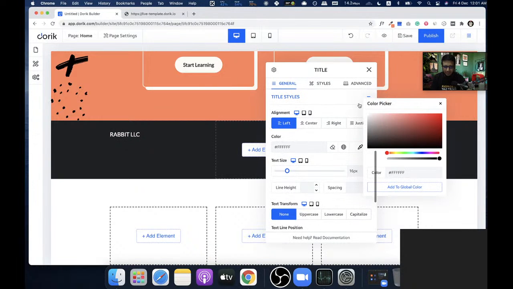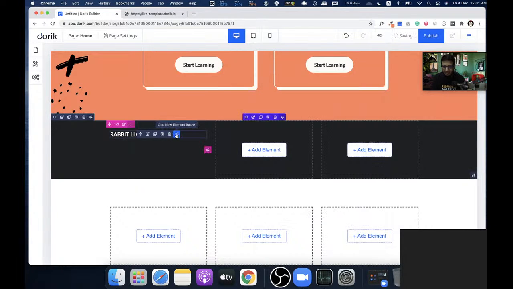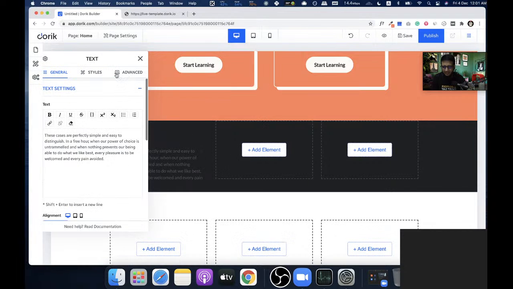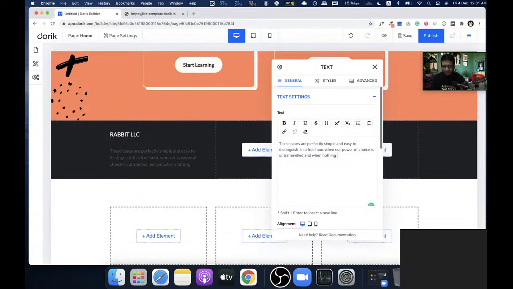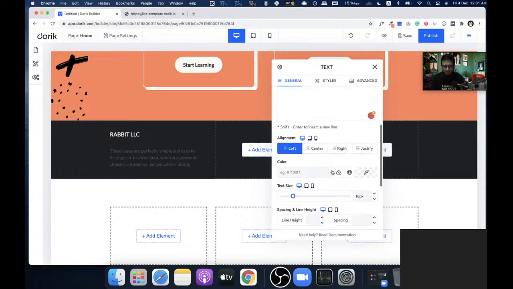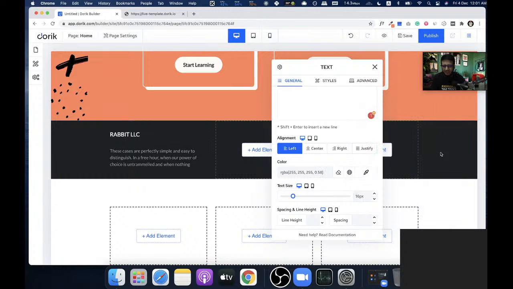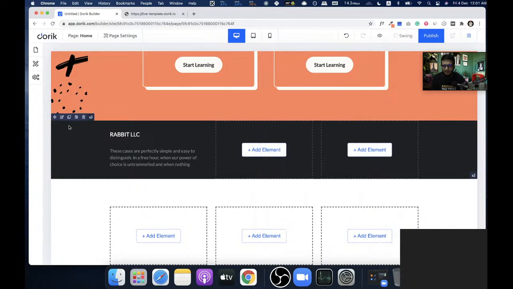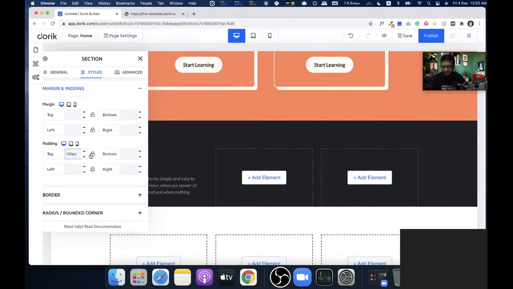Textile color, it will be white, and there it is. I'm gonna add one more text. I'll just keep the text as it is. Okay, white. I'll just reduce the opacity a little bit. That's it. Okay, so I'm just gonna give it some padding at the top, 100 pixel, and bottom at the